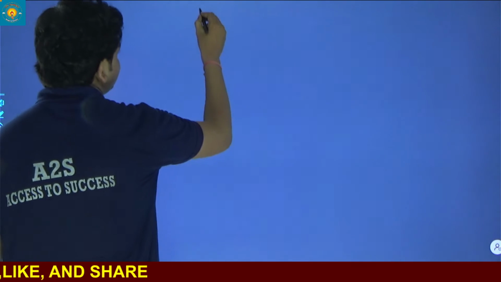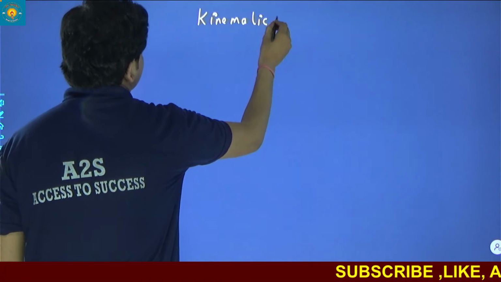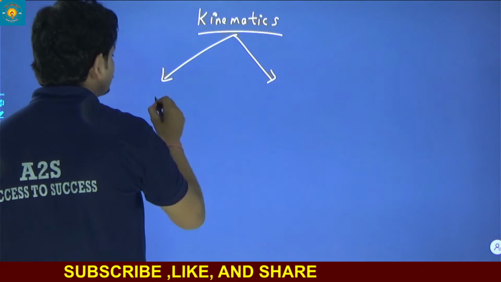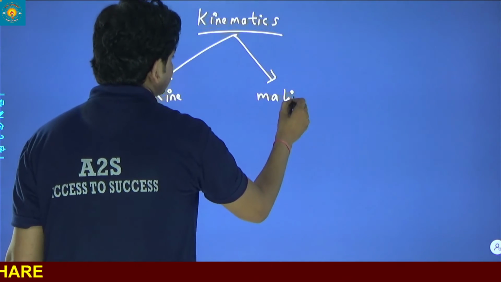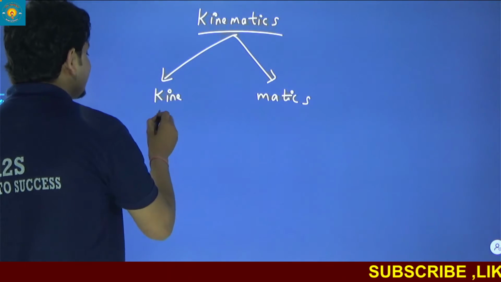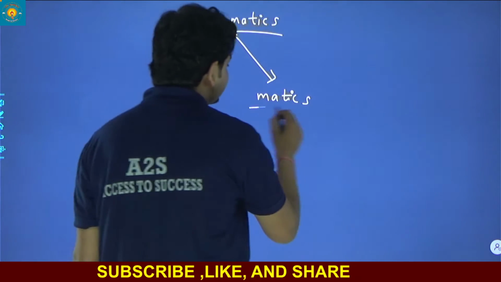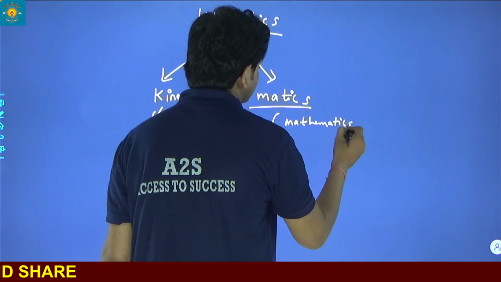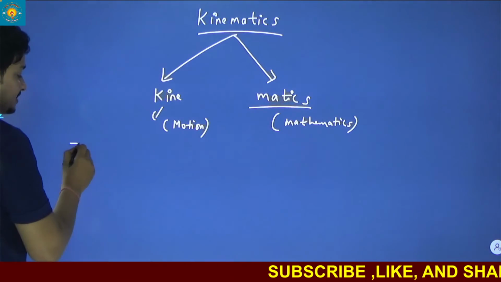Plus, I will tell you another definition of kinematics also. So let's come here. Kinematics: if we break this word into two parts, kinema means motion, matics means mathematics. Clear? So what is the definition of kinematics? Another definition states that